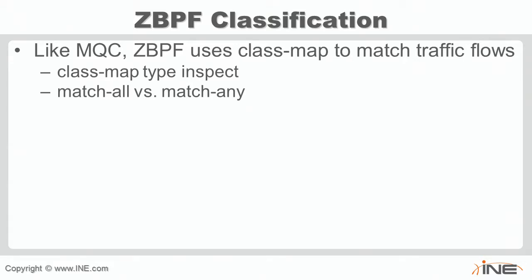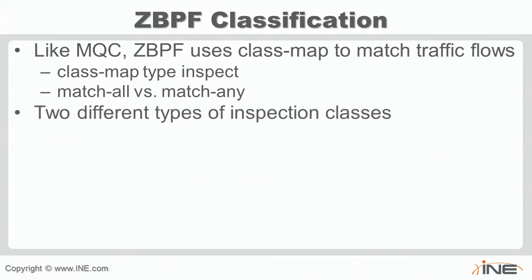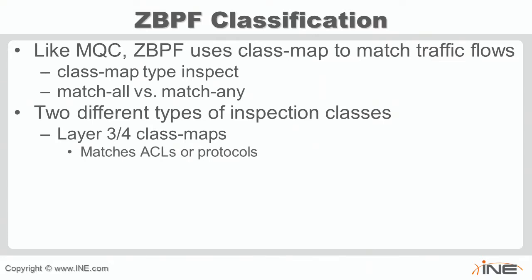Now, unlike the modular quality of service, there's going to be two different types of inspection classes that we have with the zone-based policy firewall. And the first is known as a layer 3, layer 4 class map, where this is going to match any information, as you would expect, inside either the layer 3 header of the packet or the layer 4 header of the packet. And generally, there's going to be two different types of matches we do in here, either based on an access list, which would allow us to do matching based on source and destination address pairs,